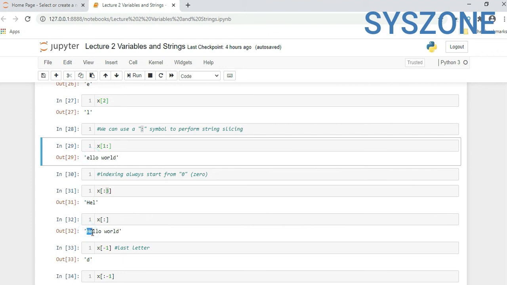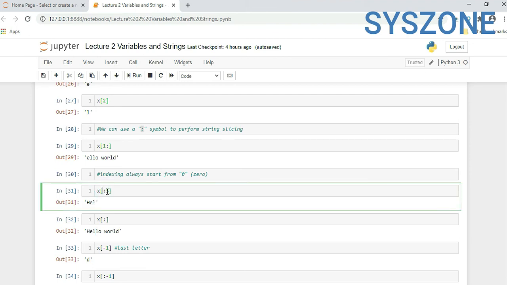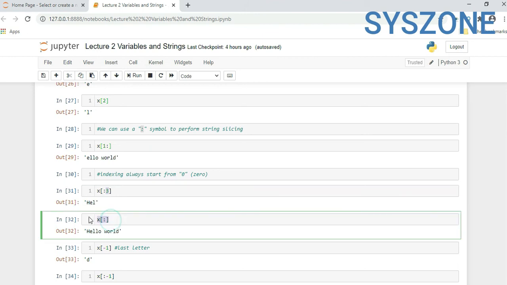If you see here 0 1 2, so h e l. So at the end, if you are mentioning any index position, it automatically takes by default minus 1. If you are not mentioning anything, it will take by default the start position and end position,